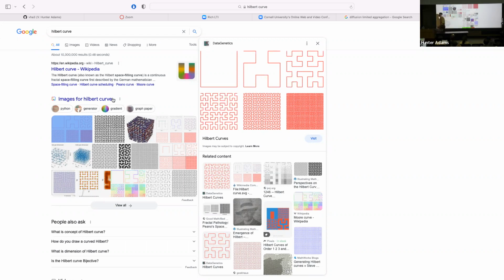What's interesting about this, and those of you that are fans of the YouTube channel 3Blue1Brown might be aware of this, is this curve lends itself really nicely to sight-to-sound projects. So for instance, you could take a picture and plop it over this Hilbert curve here, and then this curve would describe the order in which you should traverse the pixels that compose that picture to get information about them.